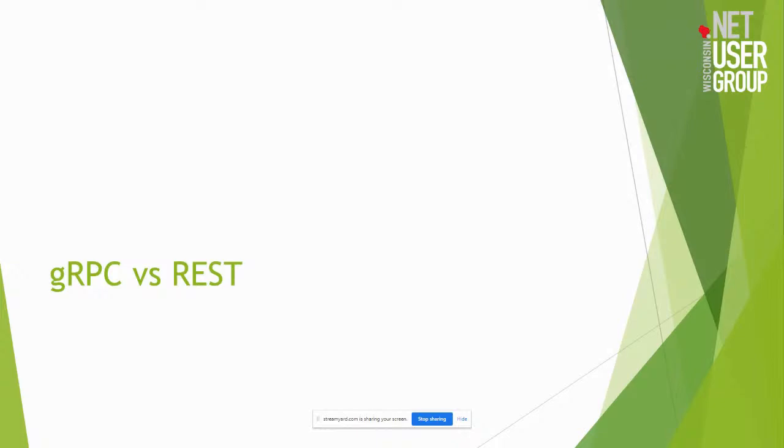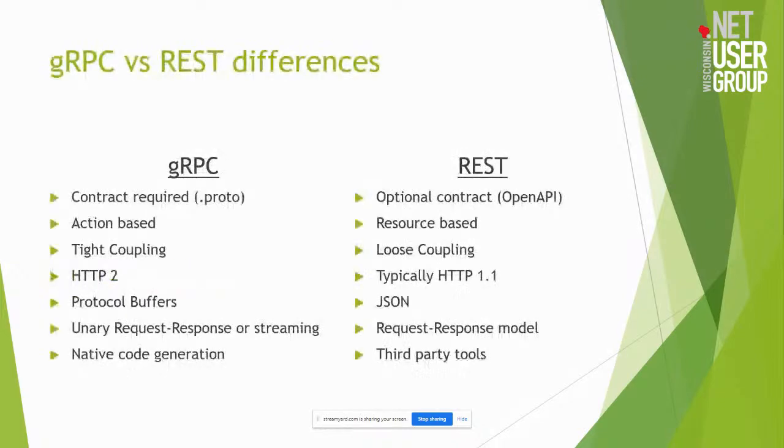So let's talk about the differences with gRPC versus REST. With gRPC, we have to have a defined service contract, and with REST, we don't have to have a contract. It's optional. We can use OpenAPI, but you don't have to have it. And with REST, we are manipulating resources with get, post, put, and delete. But with gRPC, it's action-based. It's more function-based, so it doesn't have those verbs. And gRPC is tightly coupled, so you have to have a service definition in order to set up your service. And service and client have to implement the same service definition in order to communicate with each other,